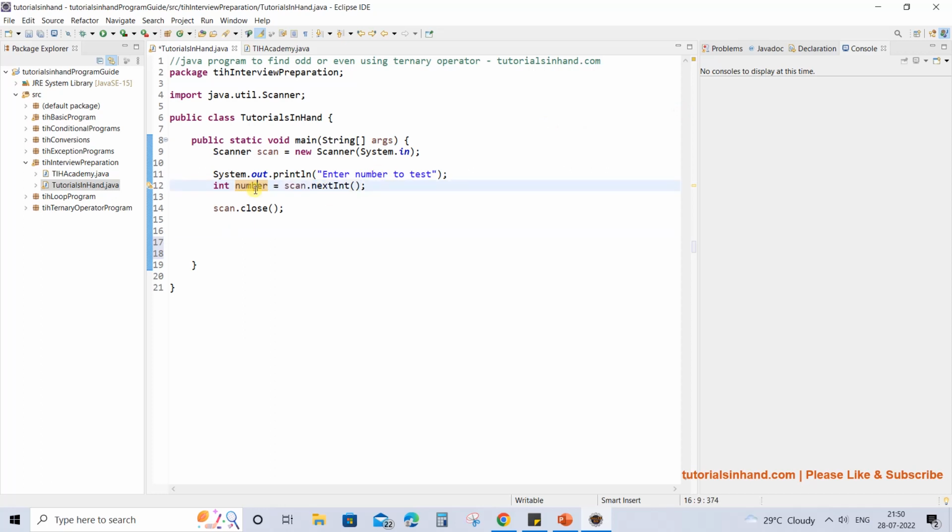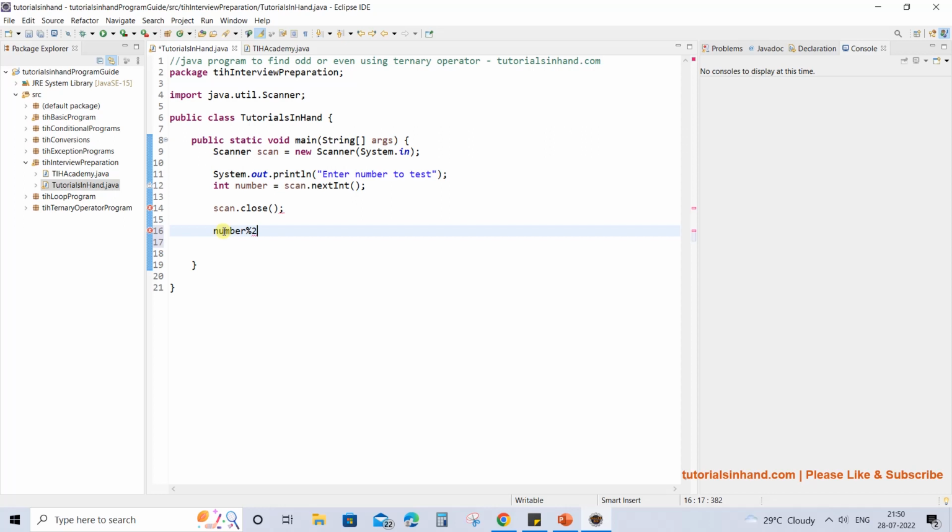Okay, so we are going to check whether this number is even or odd. So how will we check? As we said, first we are going to write the condition. To check an even number, we have already informed in previous video tutorials that if we divide a number by 2 and it leaves a remainder 0, that is going to be an even number.